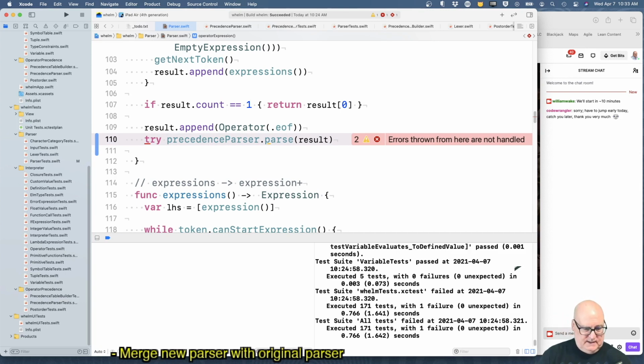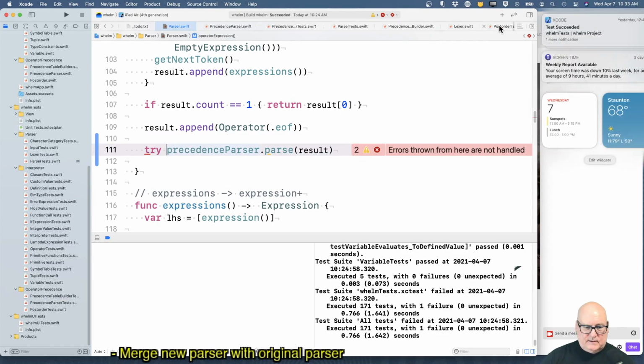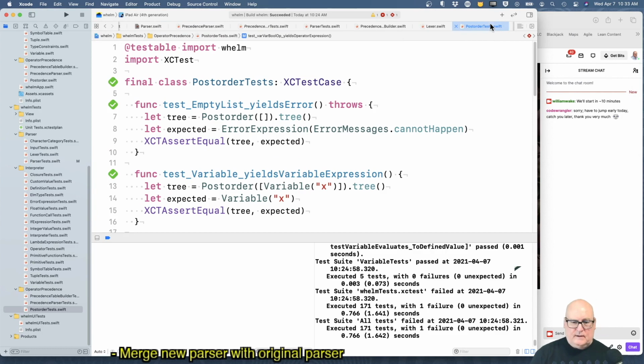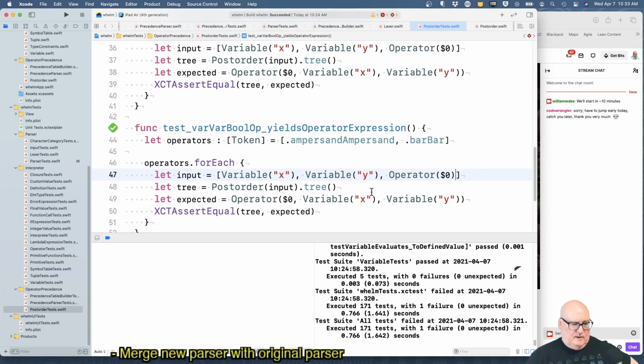Let's see. That's going to be, well, where's our post order? Post order tests, we call post order of input dot tree.